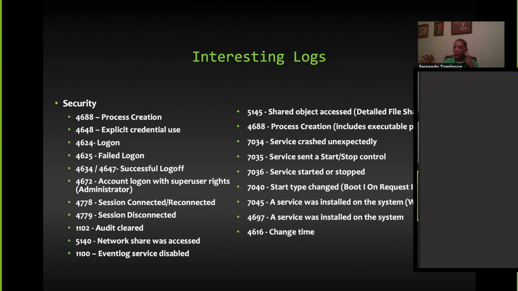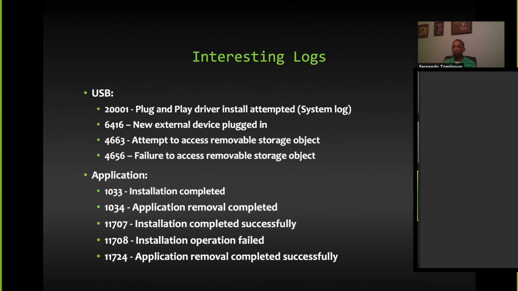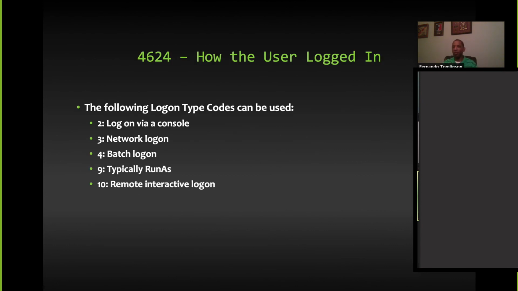If somebody can tell me every process that's created on their machine, that's half the battle, right? Let's think about it. Malware needs to execute. So if you can tell me every process that's created, we're halfway there in some respect, right? So here are some registry keys associated with USBs and applications. Again, a long laundry list of them. Some of them are enabled by default. Others have to be enabled. That's some of the bad part of it.